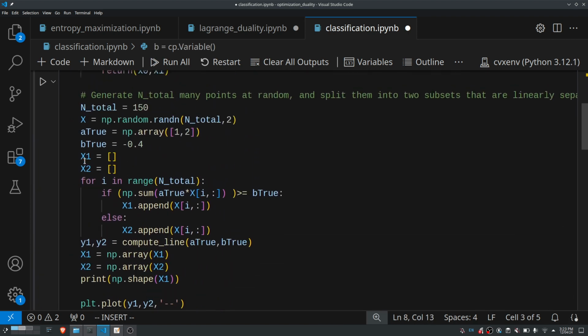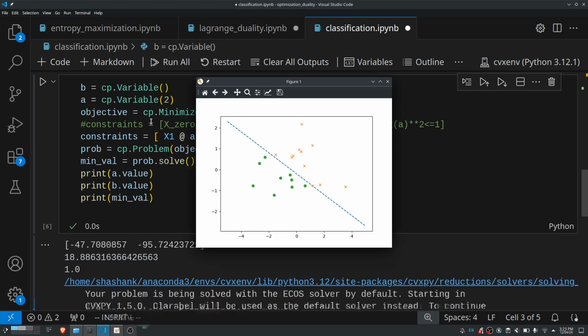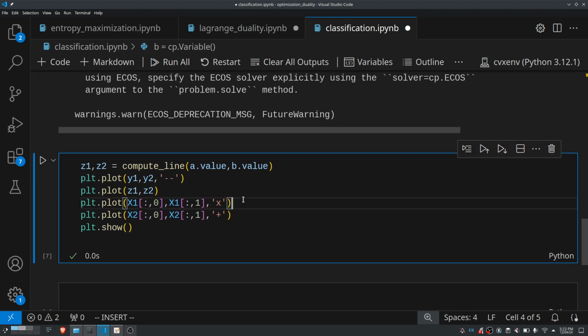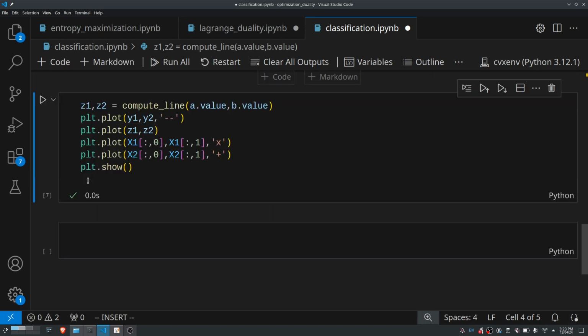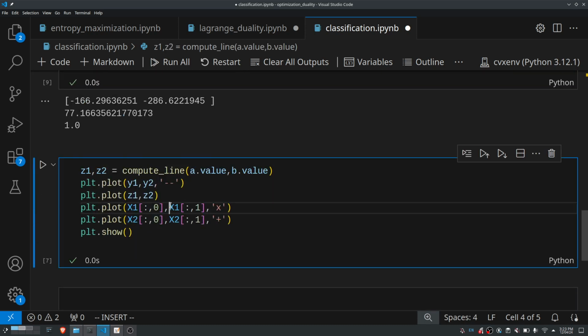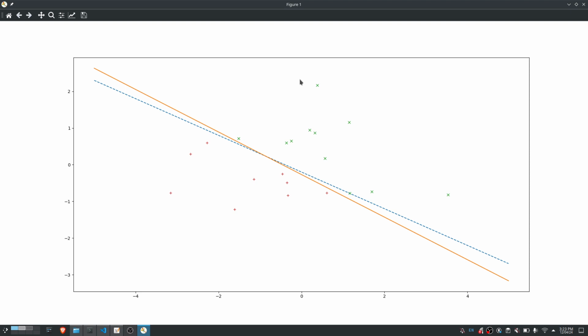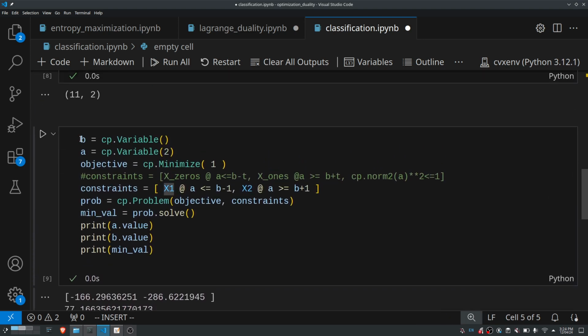So let me take a smaller number of points, say 20. Again, I have this particular set of points. Using the approach previously, I would get the orange line as the solution that I get using my previous approach. So let me now